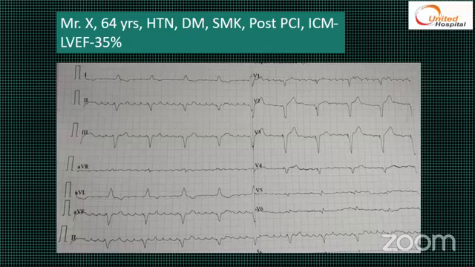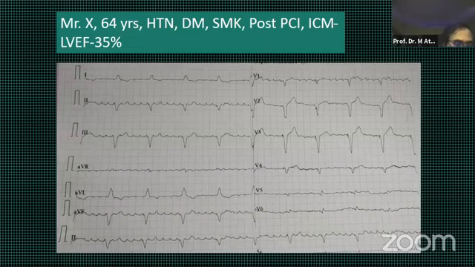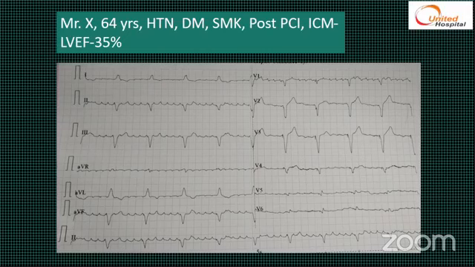So this is a 12-lead ECG, which shows a wide QRS complex. There is a pacing spike seen before the QRS complex. So A sense, B pace, and the rate is around 70, in leads 2, 3, aVF. So there's a paced rhythm with